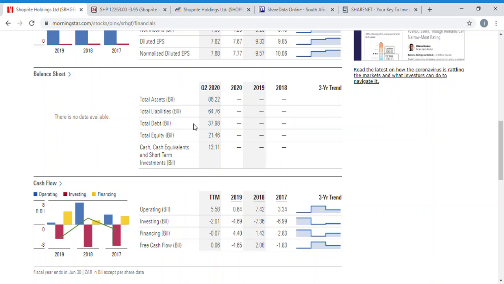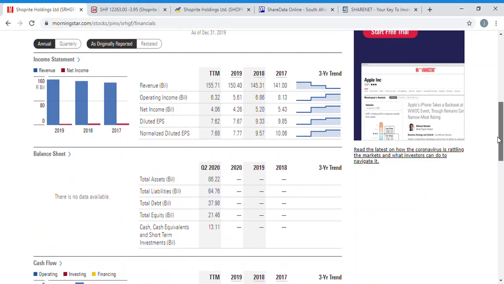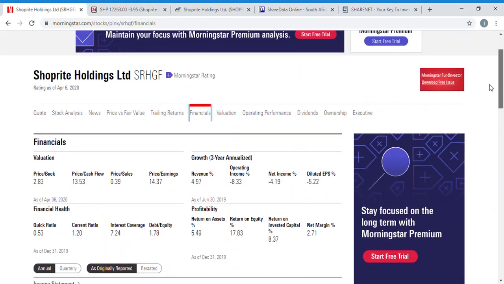This is the balance sheet. They don't have a lot of information on the balance sheet. They actually only have the latest one. And this is your cash flow statement. So as you can see, the company generated cash flows of trailing 12 months 5.5 billion. Money spent on investing activities 2 billion. Money spent on financing activities 7 million. Then they generated a free cash flow of 0.06 billion. So that's about 60 million. I don't know. I don't usually use this, but that's how it is on the